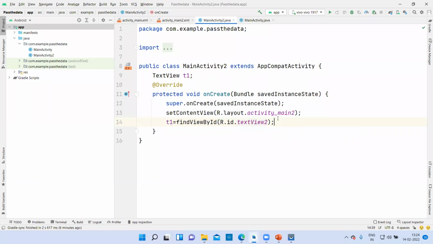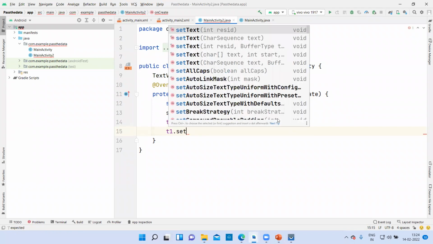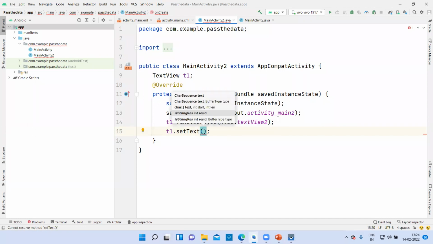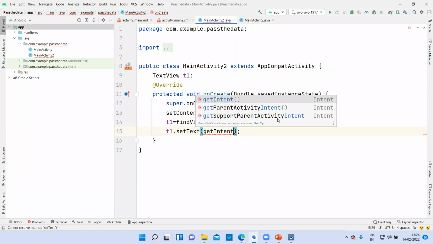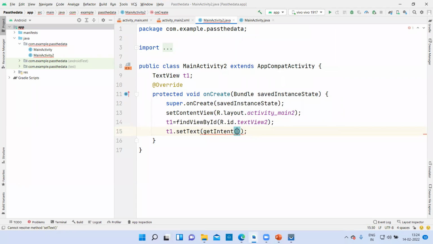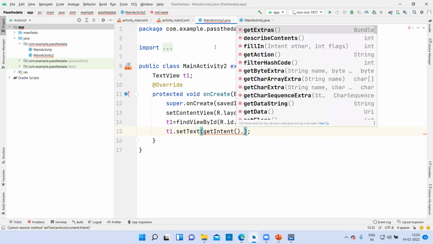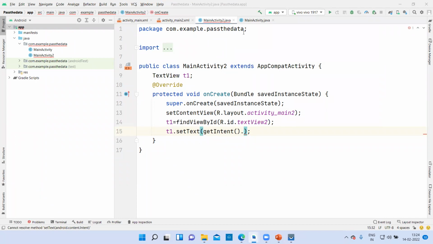Yes. Now you will do T1.setText. Inside that, first of all, you will get the intent, getIntent. Then you will say getExtras, because it is having the method called putExtra.